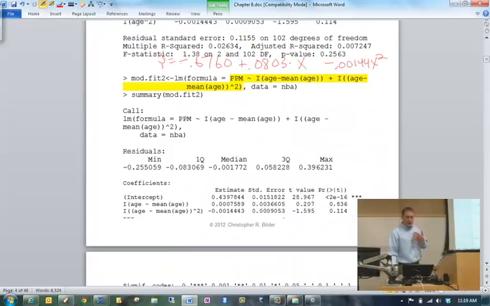What if I wanted to now estimate the model that has the mean adjusted predictor variables? Here's one way to do it. There's a number of ways to do it. Now, again, I use my I function, and I say age minus the mean of age. So this gives me my z. I do a similar thing over here to get the squared term as well.